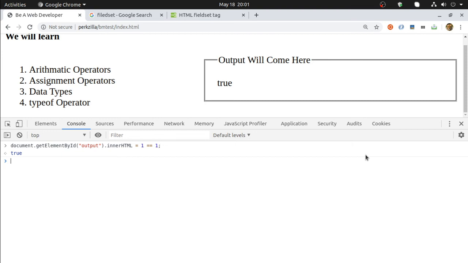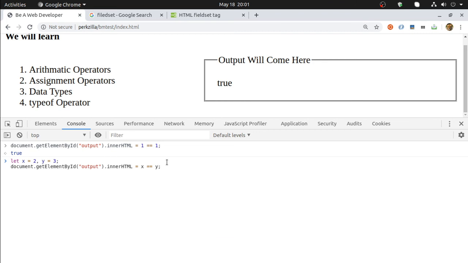Let me define two variables as well. Let x is equal to 2, y is equal to 3, and if I say x equal to y, this is my comparison operator.